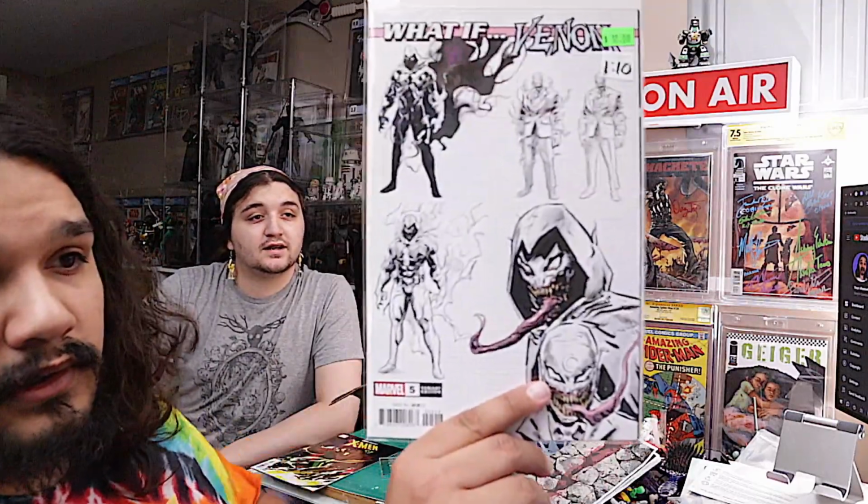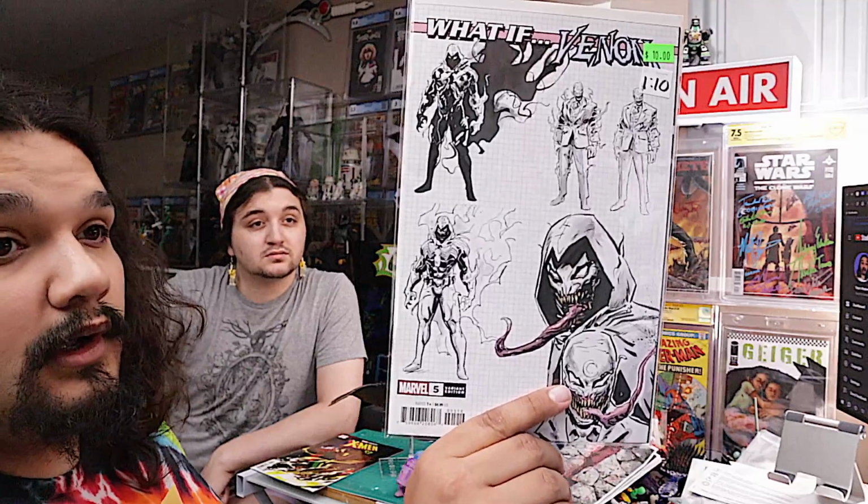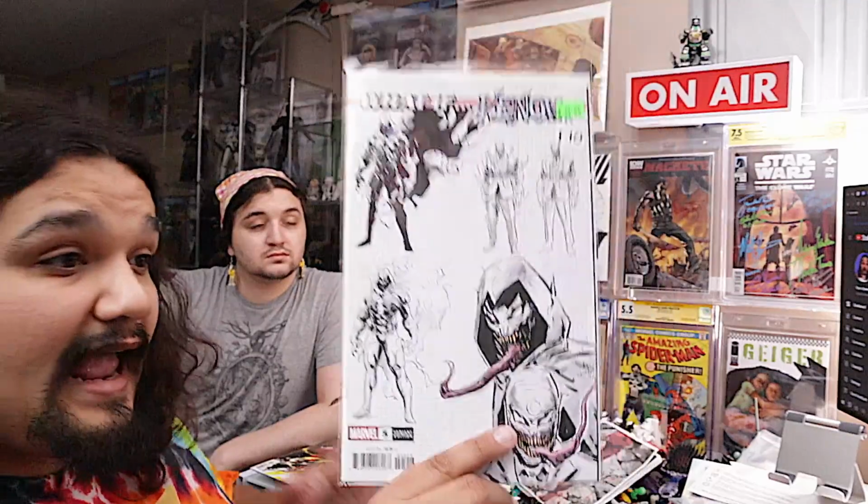Oh, no, wait. This one is not. So this is a What If Venom number 5. I got the 1 in 10 ratio variant. Maybe the design variant. Anyway, yeah, design variant. Pretty cool. Now everything else is...